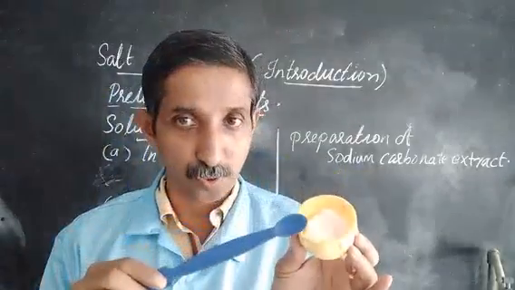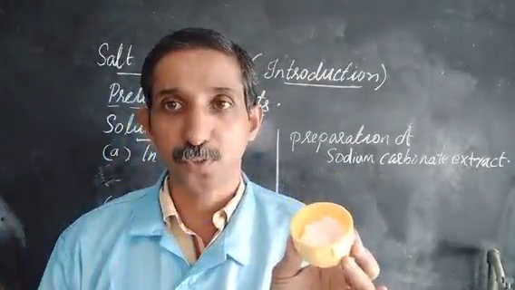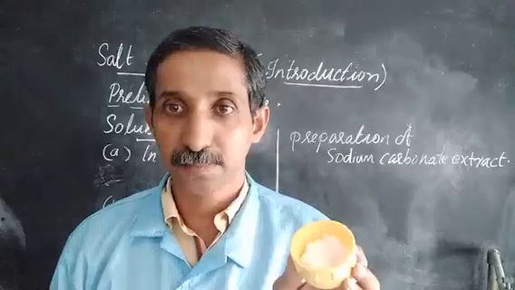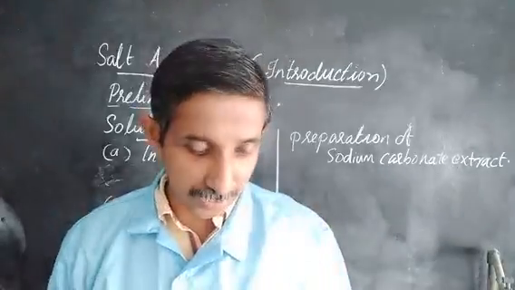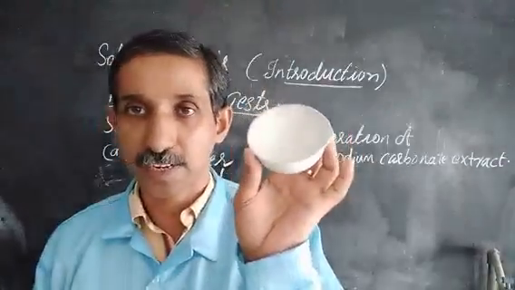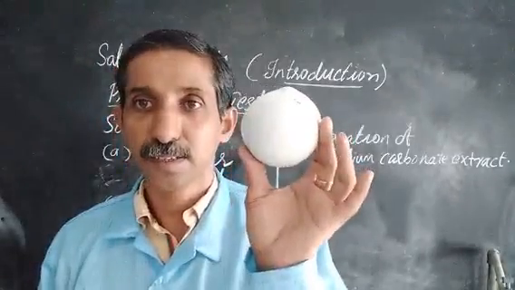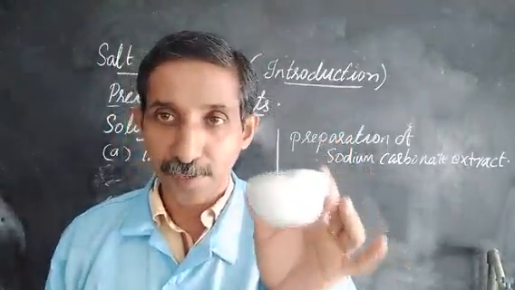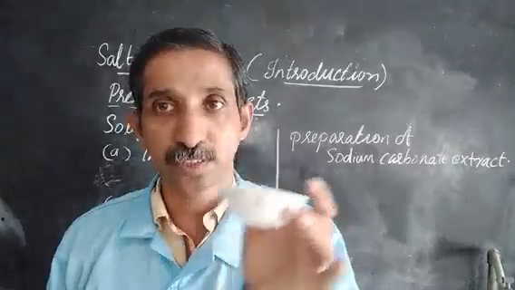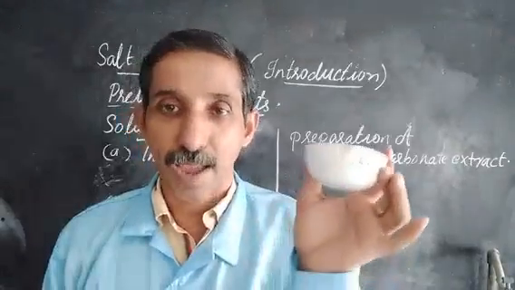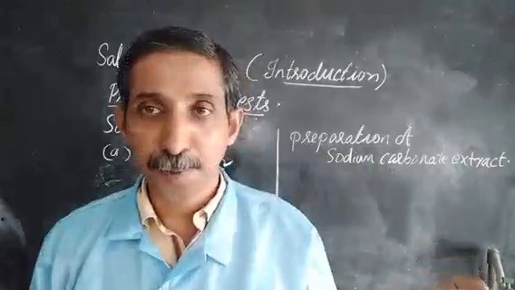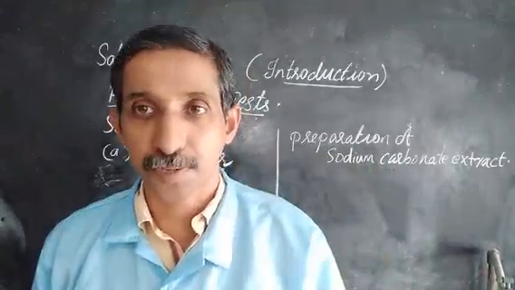One spatula of the salt and 3 spatulas of sodium carbonate to be taken into a china dish. This is a china dish. Mix the salt with the sodium carbonate, add plenty of water,